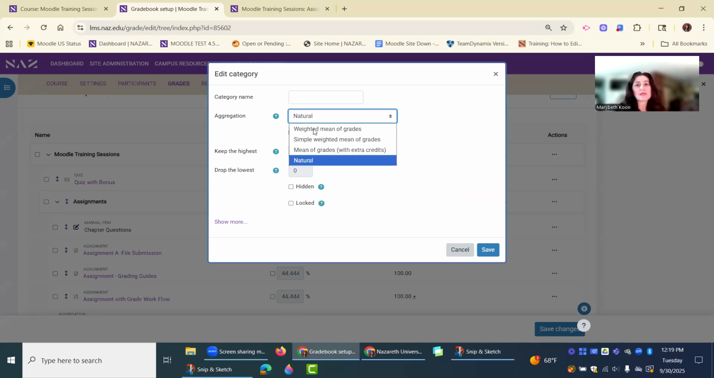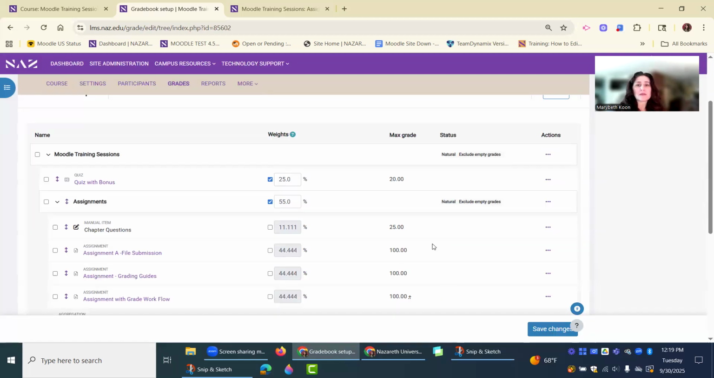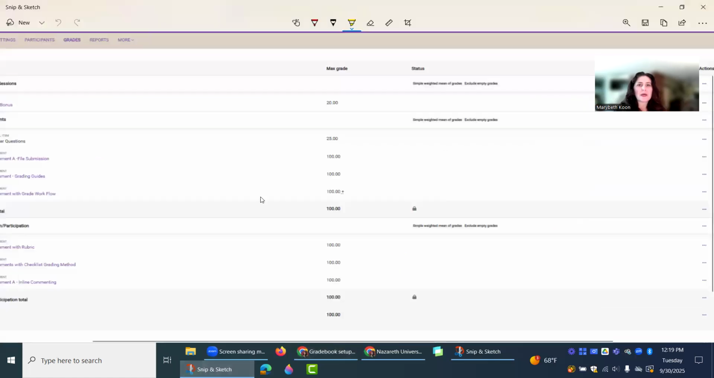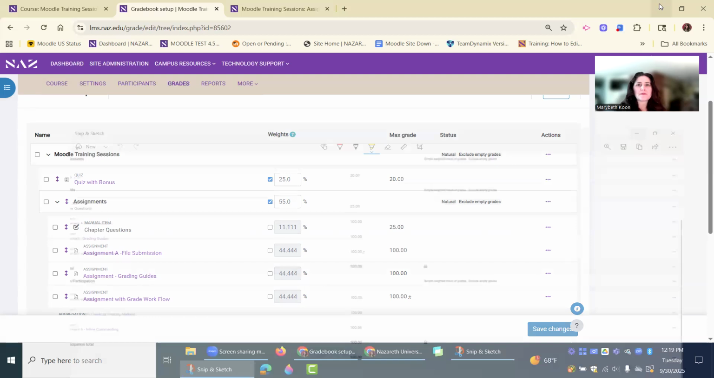I could do weighted mean of grades, simple weighted mean of grades, or mean of grades with extra credit. So like I said, the default is natural. But for instance, if I wanted to do weighted mean of grades, and I'll show you some examples of that, I'm not going to change it here because I don't want to impact what I have set up currently. But my weighted mean of grades